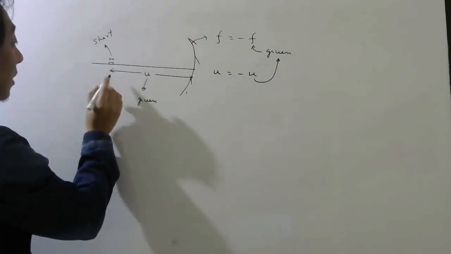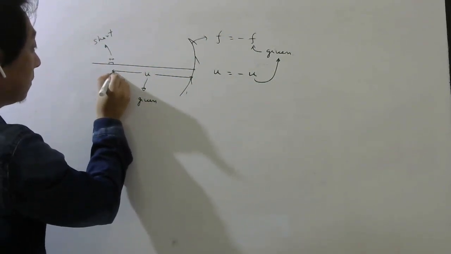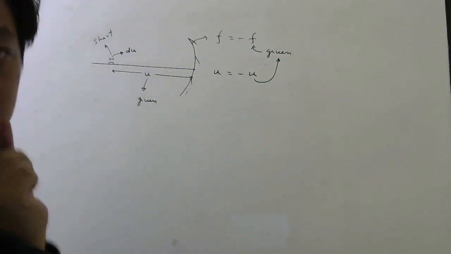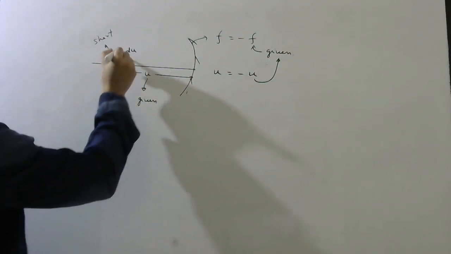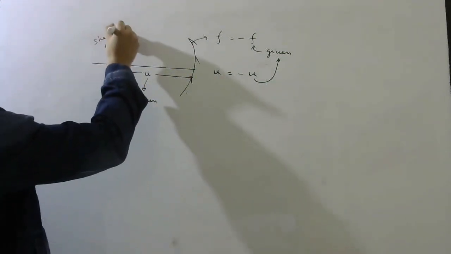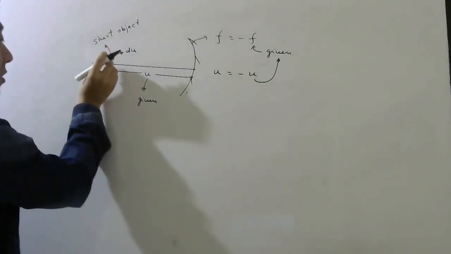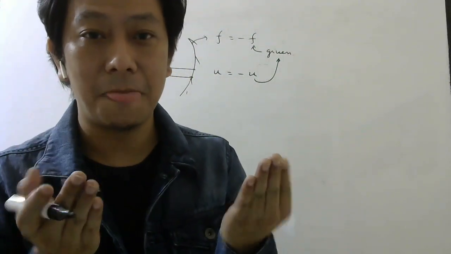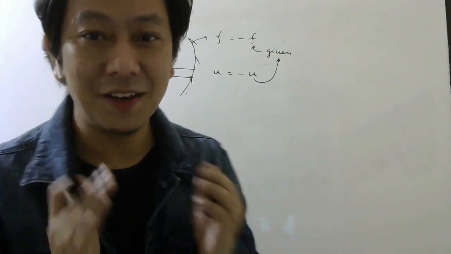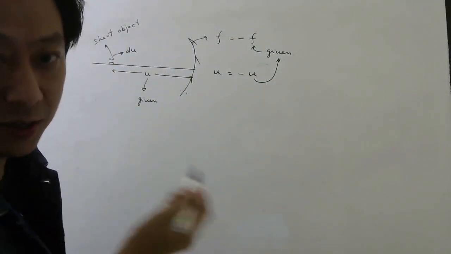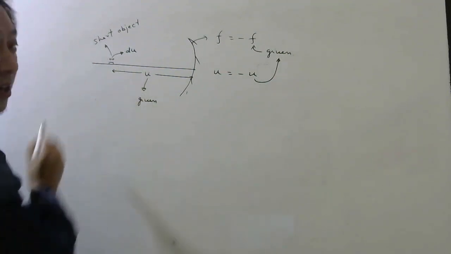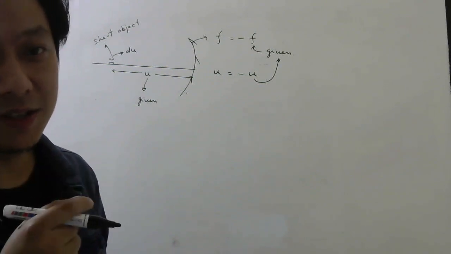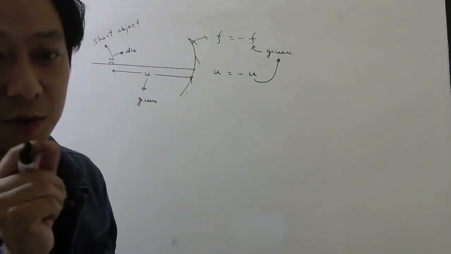Now look carefully. If I say this is u, then I can call this small distance du, because it is very small. So this length of the object, this is your object, remember, the short object. So this small distance I can write as du. If this is x, this small distance I can write dx. So if this is u, small distance I can write du. Small change in the u coordinate. So how to find the change in image distance? That will be your image length. So that will be your dv.